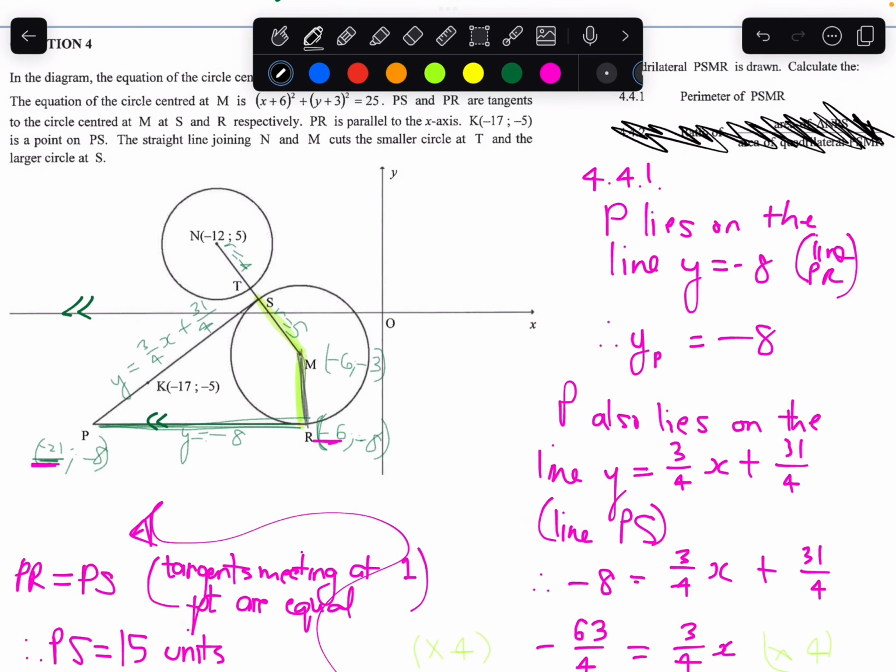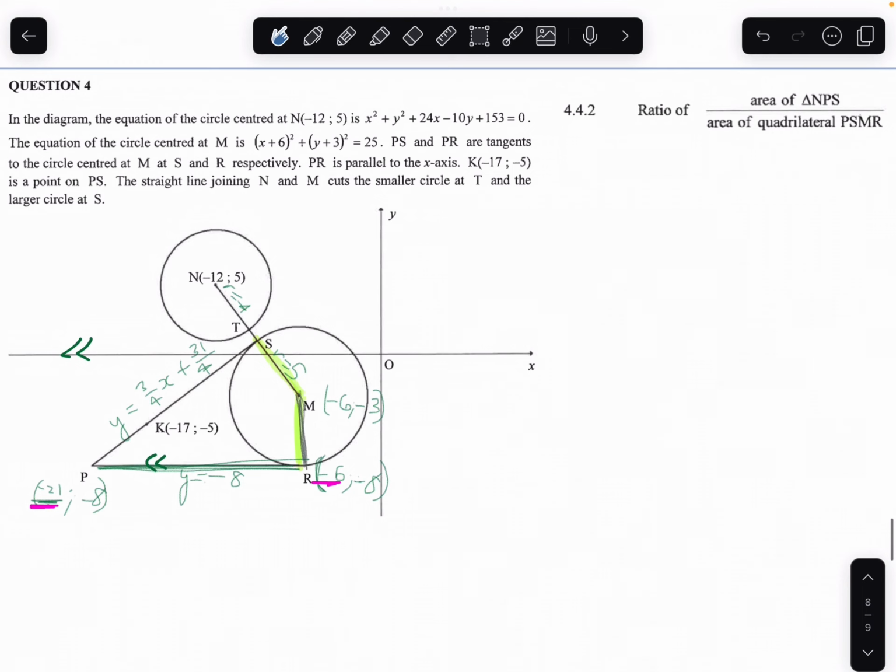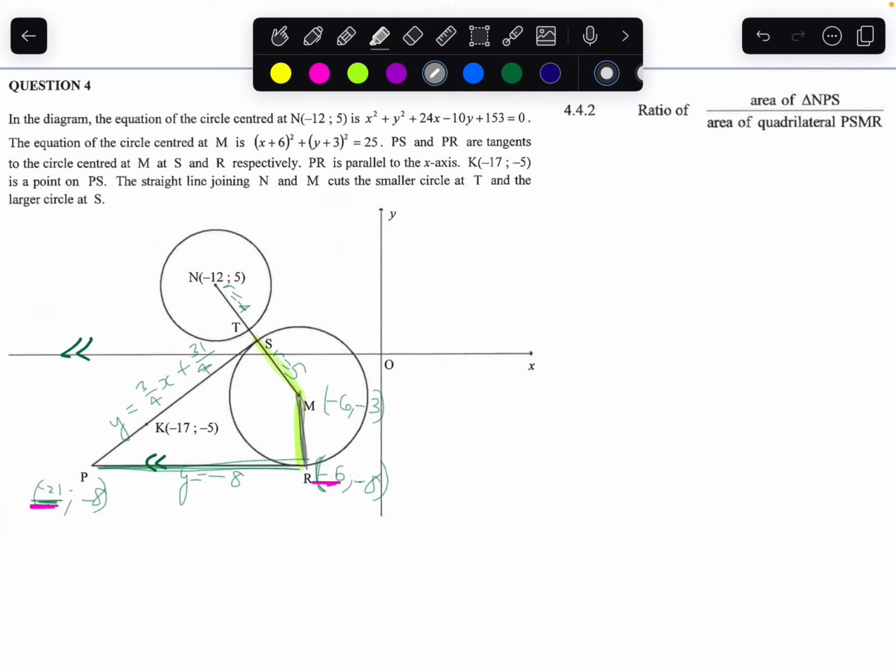Okay, right. So last question, last bit of the question. We are asked to work out the ratio of the area of NPS, that triangle, divided by the area of quadrilateral PSMR, so that kite that we were dealing with. Okay, so the first disclaimer is I have no idea how to work out the area of a kite, but